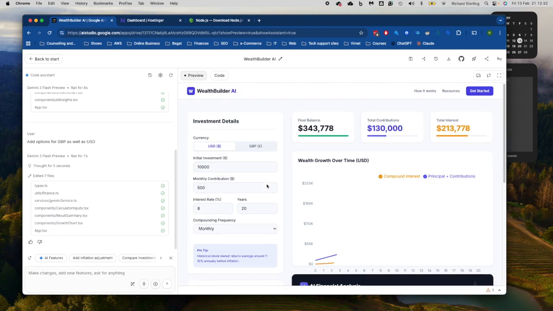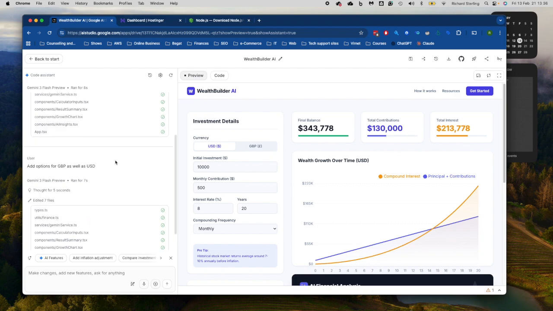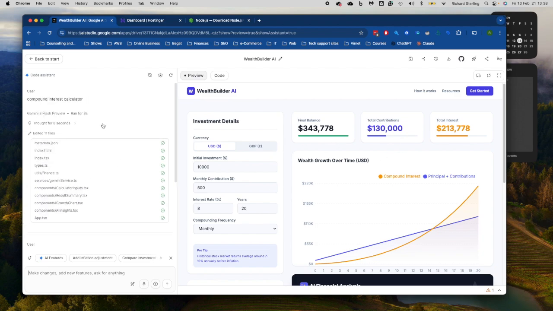So first of all, you go in, create your app. Like I say, this is just something I've created very quickly. The prompt I used here was, I can't find the prompt now, but if you prompt in there something like create me, well, there it is, compound interest calculator. That was my prompt, and it built this, and I've changed it so we've got US dollars and